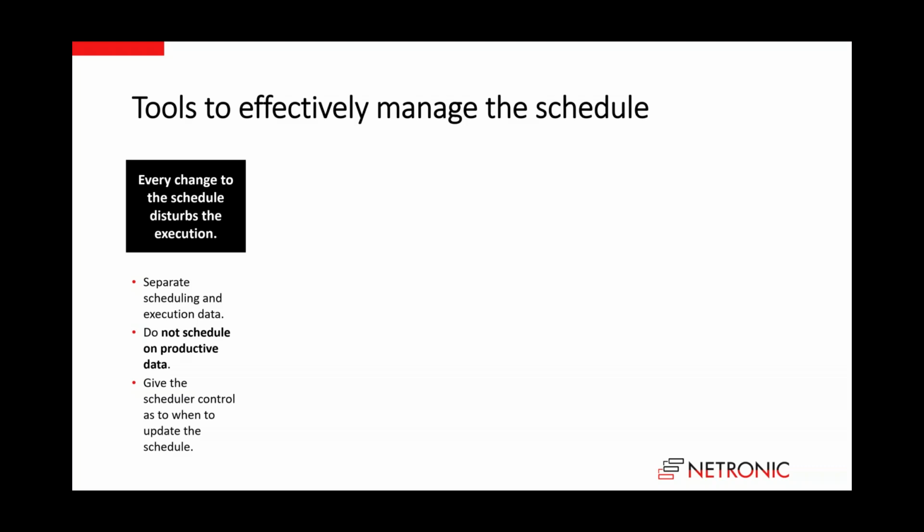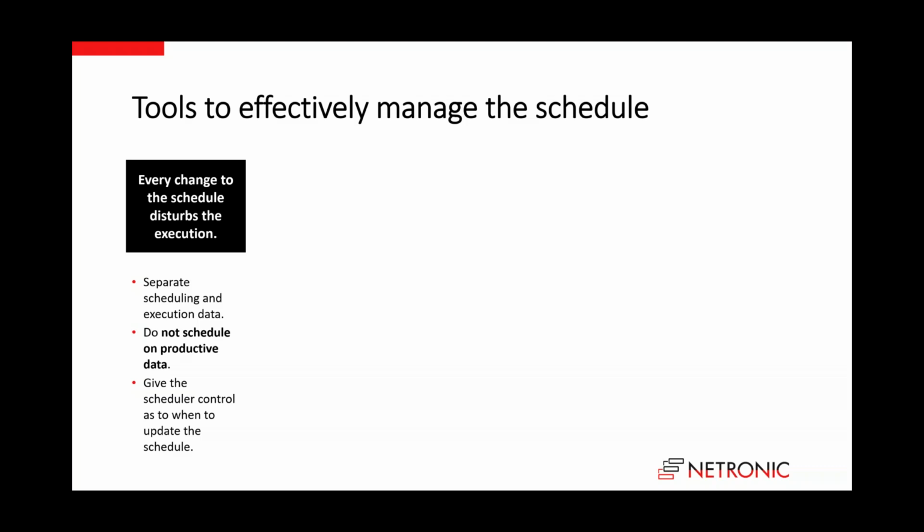So we take the production data, we take a snapshot, and then the customers can build their schedule on this copied data. And then we give the scheduler, so not the scheduler in terms of the software, but the scheduler in terms of the person, the control as to when he or she wants to update the schedule, as to when he or she wants the changes that they made in the schedule to boil down into execution and change work order lists, for example. So we clearly differentiate these worlds of execution and scheduling by